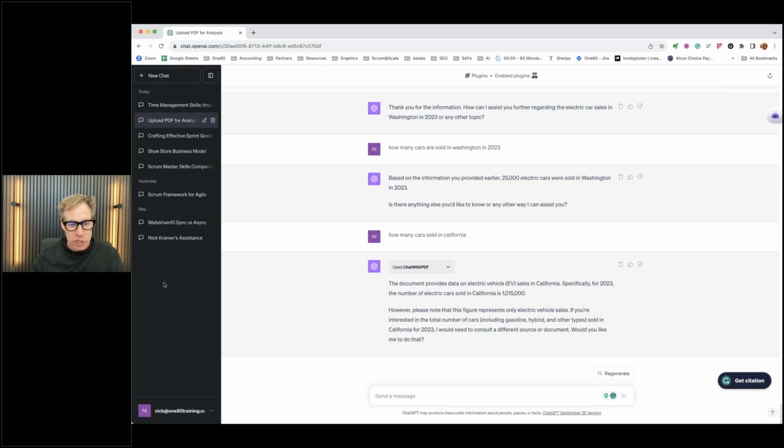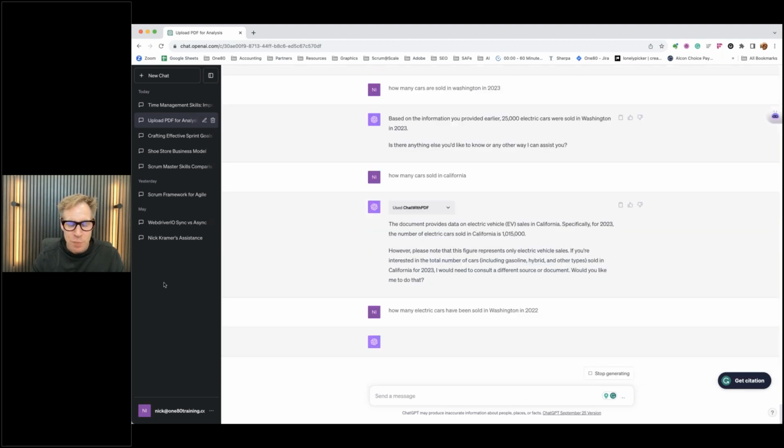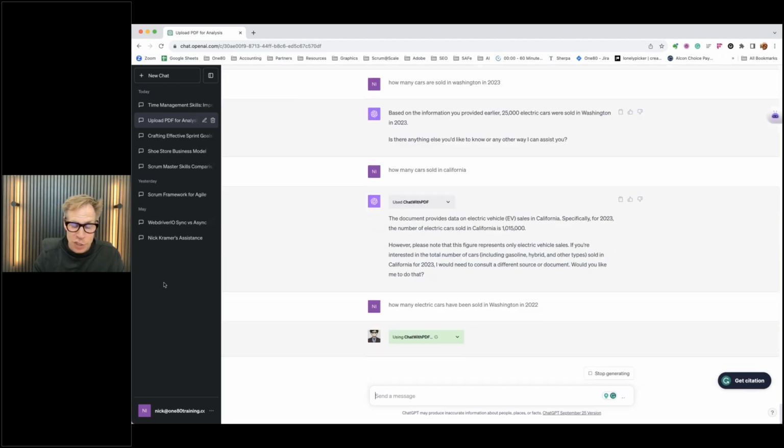So you could ask questions like, how many electric cars have been sold in Washington in 2022? Now you could probably pull this data pretty easily out of an Excel spreadsheet. That's not that big of a deal if you know how to write queries. But this is pretty easy. I just uploaded the data. It takes a few seconds. Now, boom, here come all the totals for 2020. It says there are 47,000 electric cars.